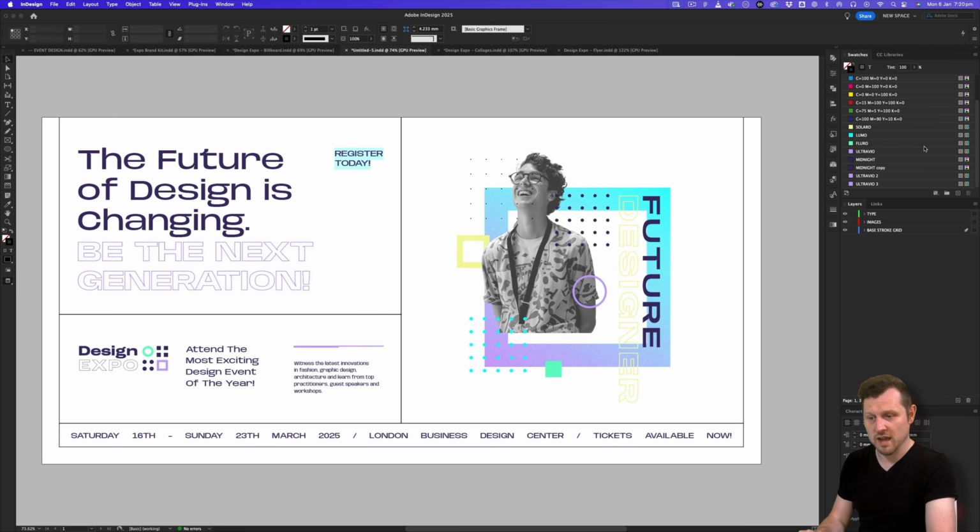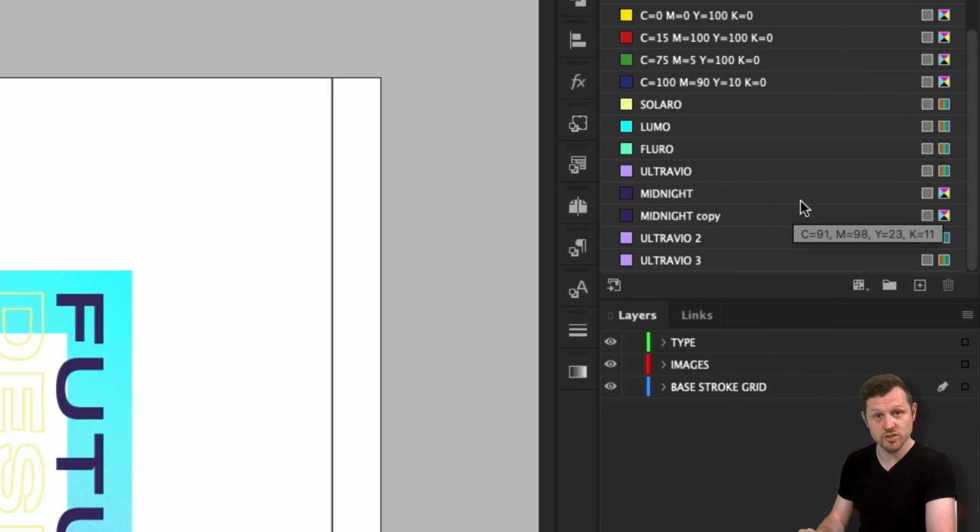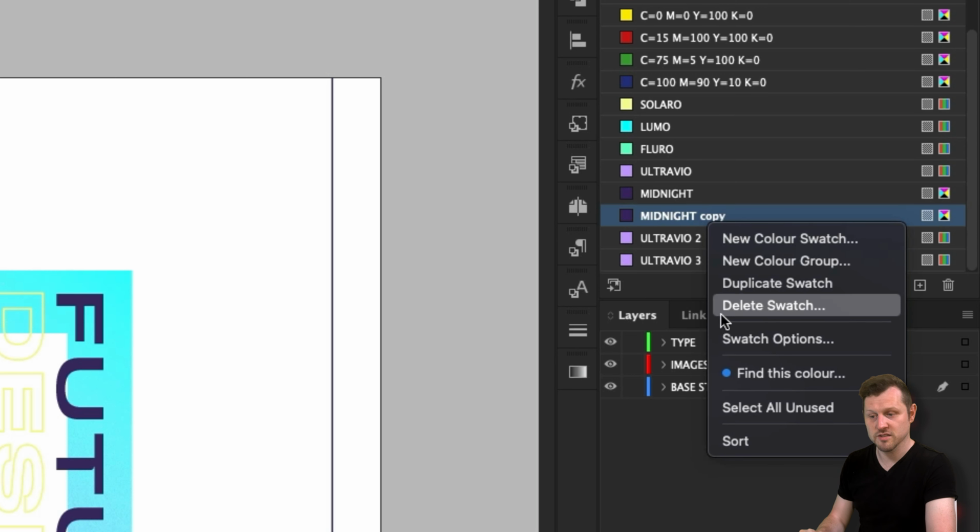So if we look at the swatches panel, we can see that we have all our brand colors present, and most of the colors are already applied to the text. When we pasted the collage elements and the text from the previous documents earlier, it also carried across the swatches. In the swatches panel, we can now see all the colors that we can use, but we will need to be careful. Here we can also see some duplicates, which can happen when you paste in elements with the same